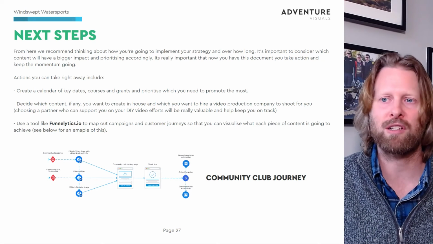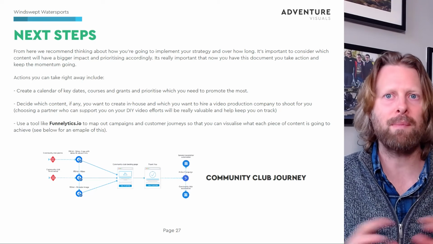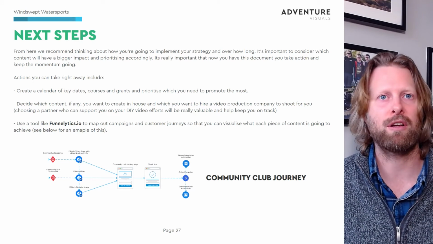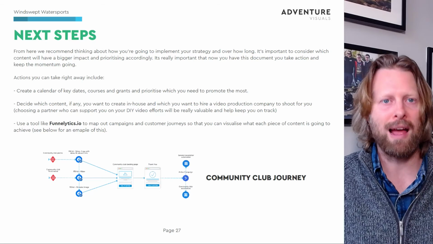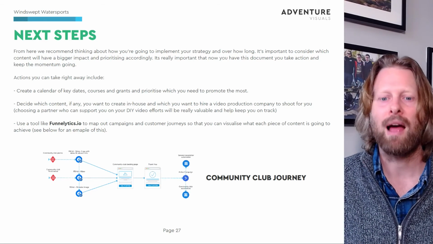So we took an example here as the community club journey, and mapped out how that user experience could look, so not just the videos, but everything around it, to make sure there's an understanding of how it fits into the bigger picture.